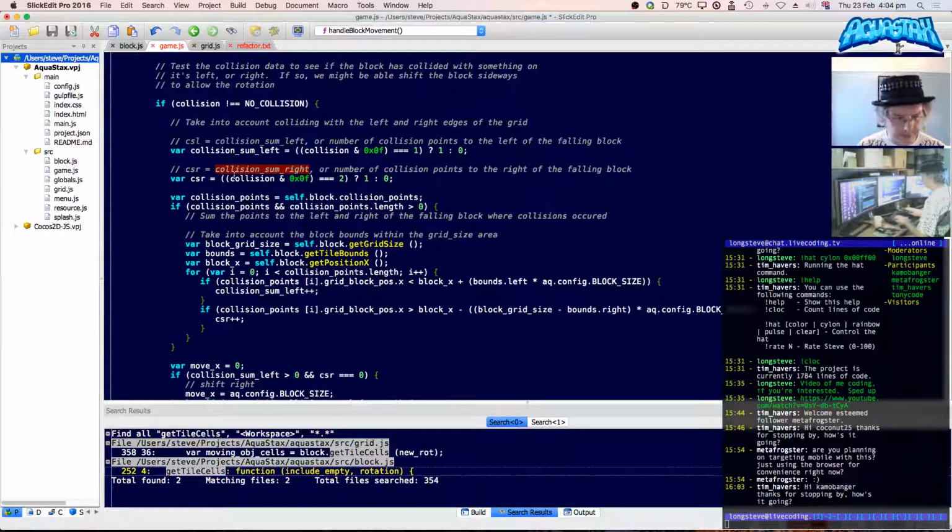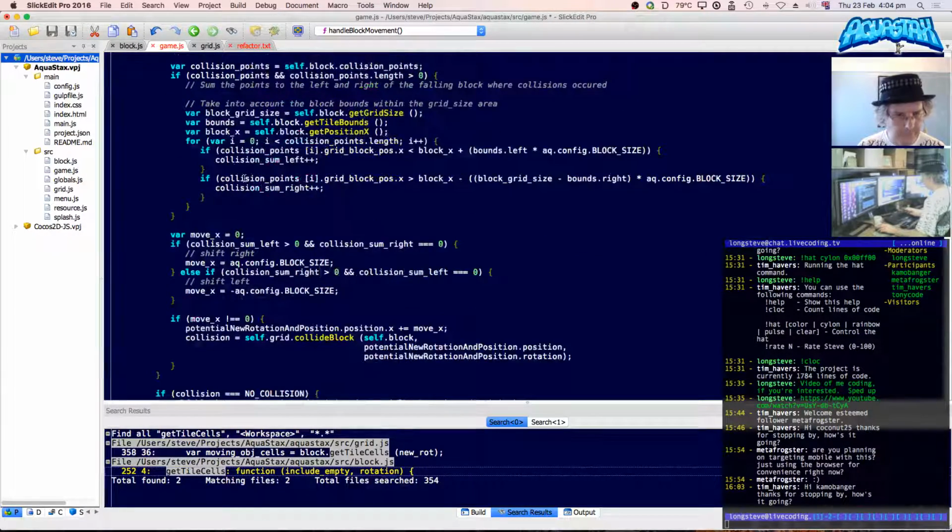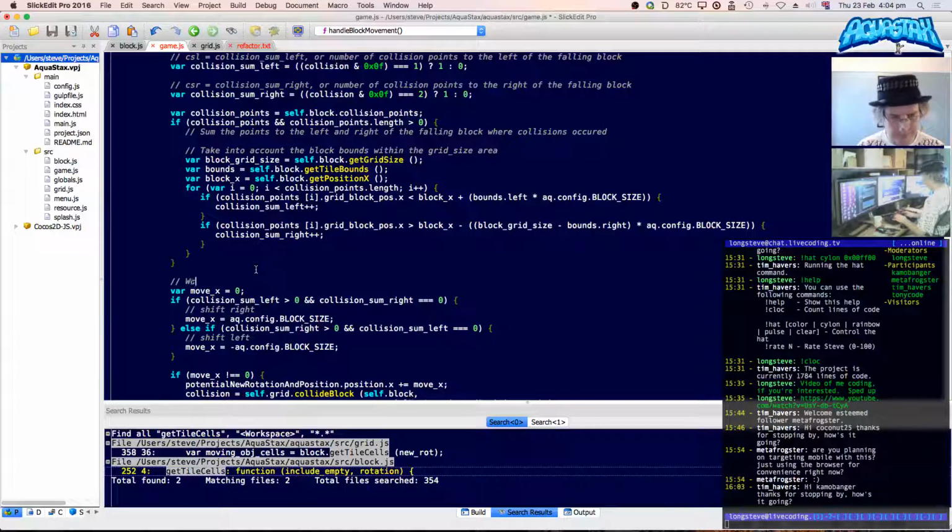And then collision sum right. Shift right, since collision was on the left side and the right side is free. I think that's okay because there's no collision to the right.